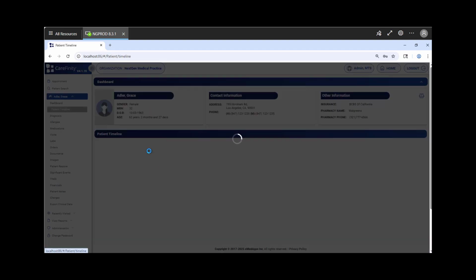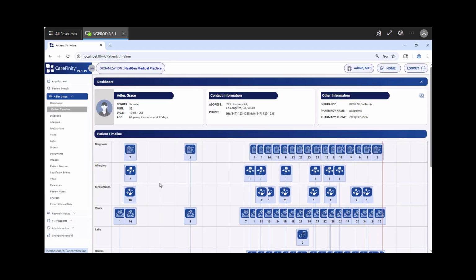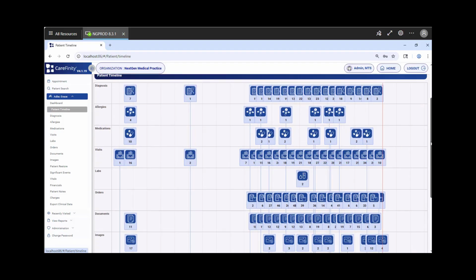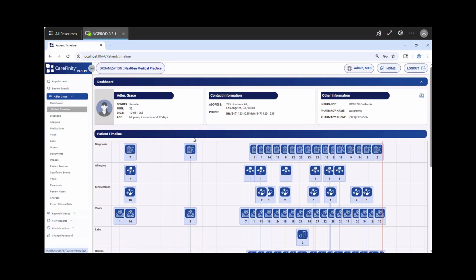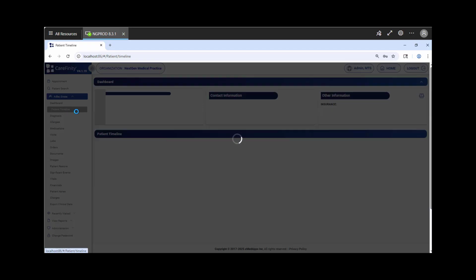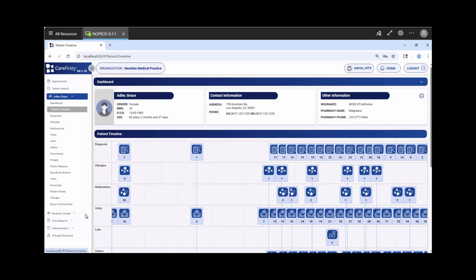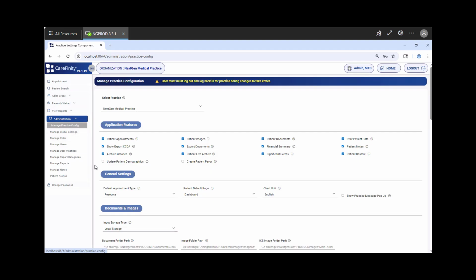or the patient timeline. The patient timeline is a new feature that you just received with your most recent CareFinity upgrade, or if you're new to CareFinity, this is an alternate option as your landing page when you open a patient record in CareFinity. The dashboard is the traditional default, but you can have the option at the practice level to default the patient record to open to the patient timeline if you would like, and that's where that's controlled is in Manage Practice Config, in the General Settings,